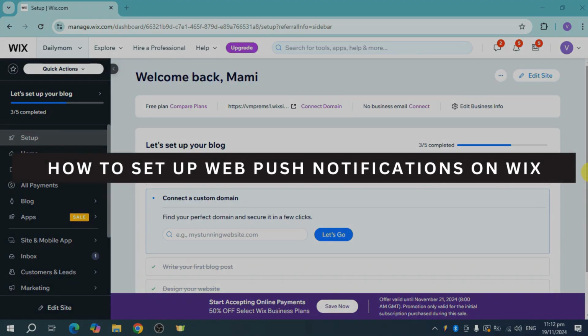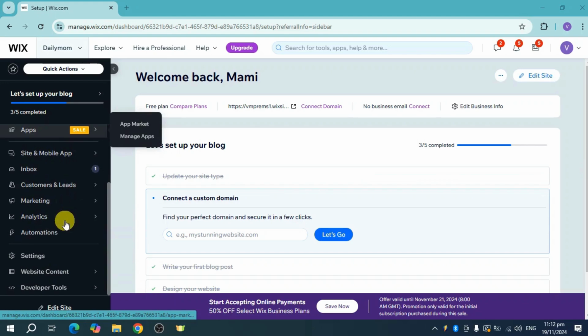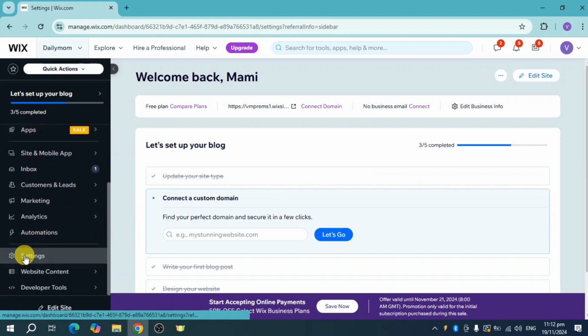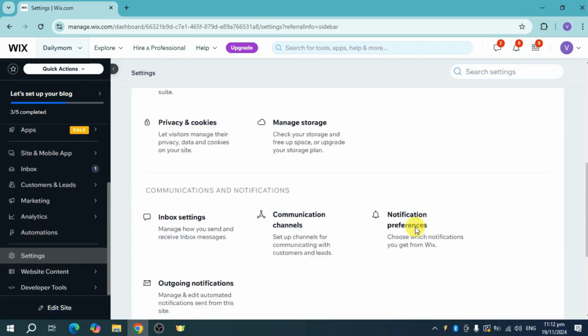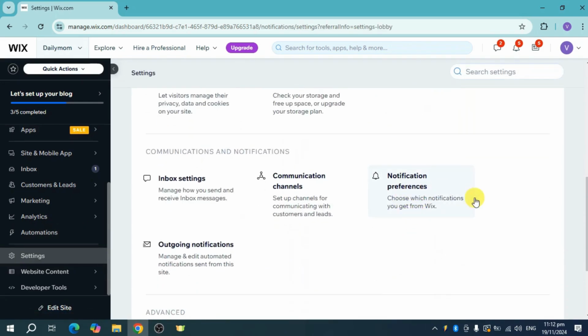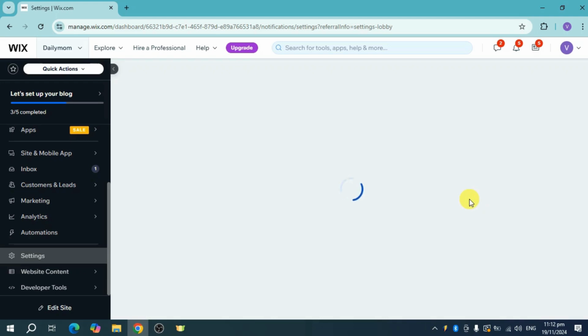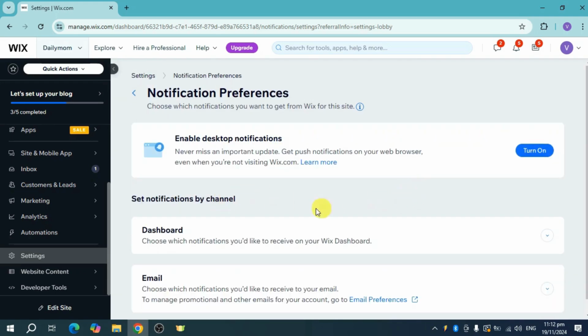How to set up web push notifications on Wix. In order to do that, just head over right here to your settings. Now, once you have done that, you can just head over and then look for the option called notification. So we have in here this notification preferences, and then it will load and you should be able to see